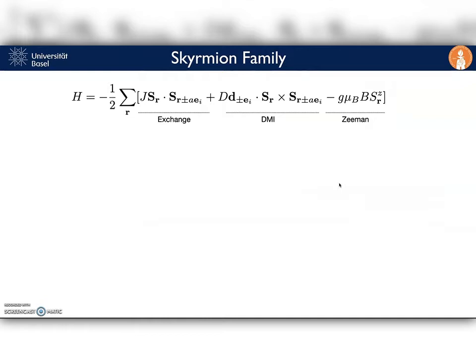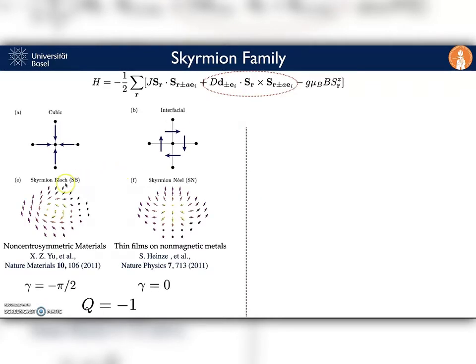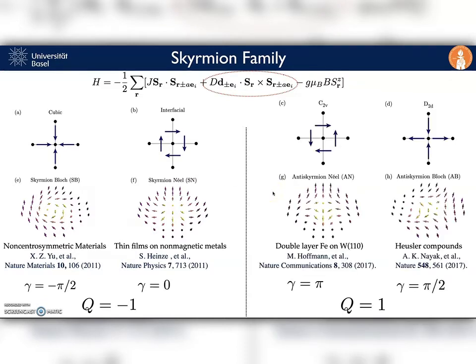In reality, the Skyrmion family is very large, so the magnetization texture is determined by the form of the Dzyaloshinskii-Moriya interaction, which is in turn dictated by the crystal symmetry. Famous examples are a Bloch Skyrmion in materials with a cubic symmetry, or a Néel Skyrmion in thin films with interfacial DMI interaction, while the existence of textures with an opposite topological charge, anti-Skyrmions, have been suggested for materials with C2v symmetry and experimentally observed in Heusler compounds with D2d symmetry.